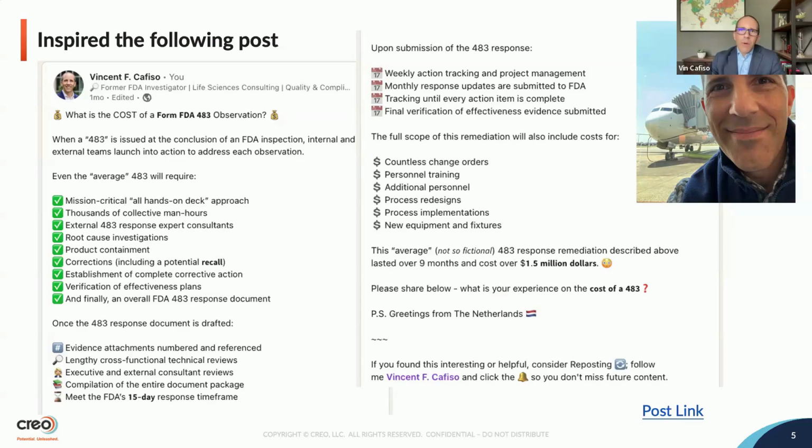So the purpose of this post, again, is not to scare anybody, but just to give them an average scenario for what happens at the conclusion of an FDA inspection. And again, what prompted this, to answer your question, Ryan, was some of the conversations I was having in the weeks and weeks leading up to this, with people who had never seen FDA before, right? They're either new companies that had recently launched a product,